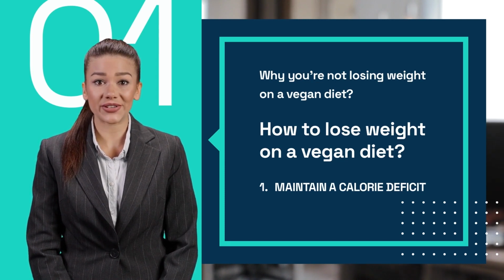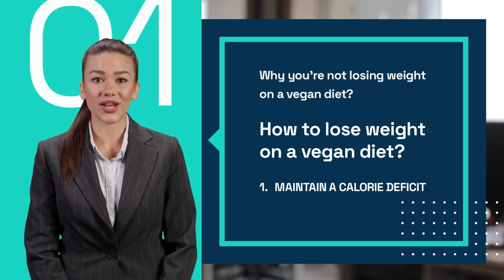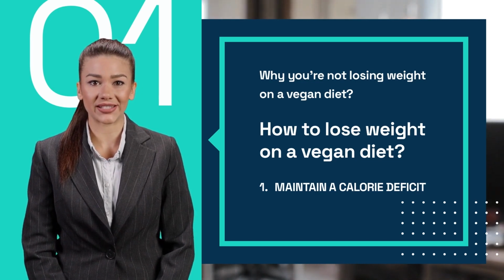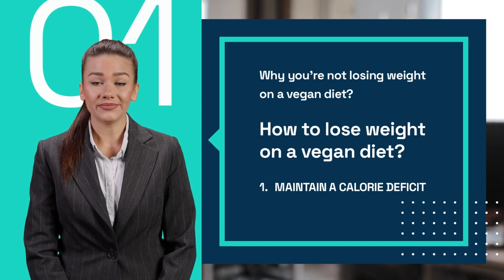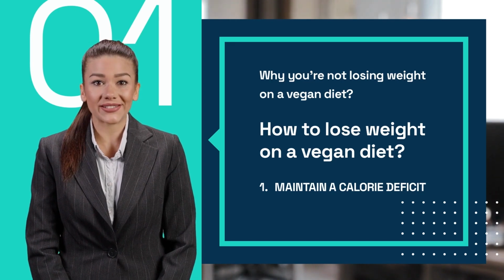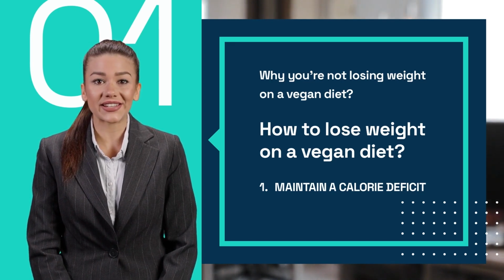How to lose weight on a vegan diet. 1. Maintain a calorie deficit. Weight loss as a concept is really quite simple. If you burn more calories than you consume, you'll lose weight. Easier said than done. Let's start with ways we burn calories: resting metabolic rate, non-exercise physical activity, exercise, and diet-induced